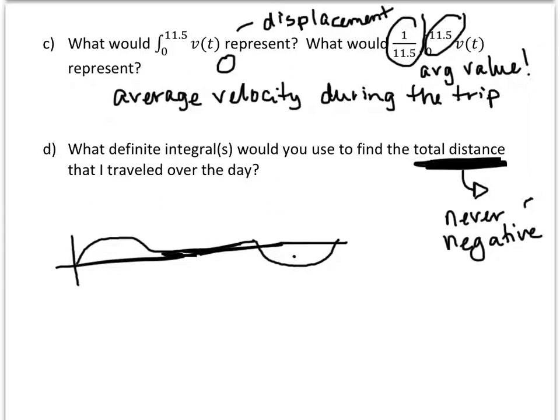And I remember also that I knew from the last chapter something else that could never be negative, which was area. And I remember that the way I corrected the definite integral to handle area was I considered absolute value. I'm going to do the same thing here for distance. So the integral I would use to find my distance traveled,